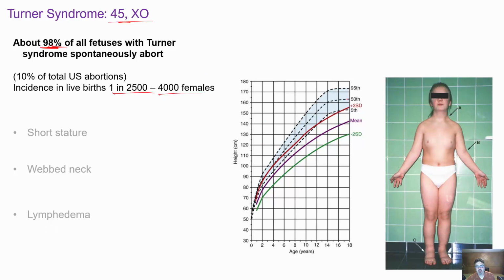and they do have some characteristics that are phenotypically visible. Typically shorter in stature, so if you notice our growth scale here, measuring the height, here in the dotted lines, that's normal, and then down here, this would be Turner syndrome. And you can see they fall below the growth chart. Also notice a webbed neck, so you're going to have that kind of webbed neck appearance, along with lipidemia,